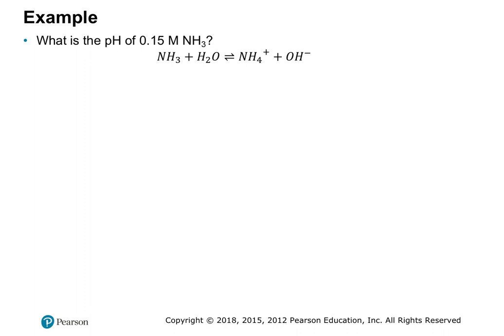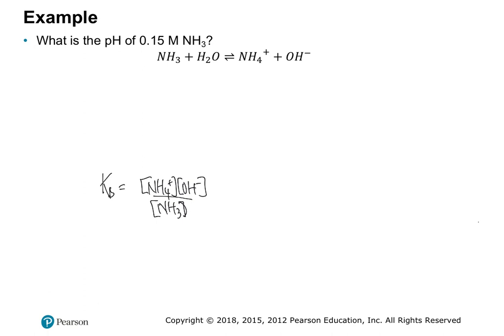Okay, now let's start to do some ice tables. So what's the pH of a 0.15 molar ammonia solution? So we have the dissociation. I've drawn it a couple times now. Let's do the expression. Kb equals products over reactants. So ammonium, NH4 plus, times hydroxide over ammonia, NH3,